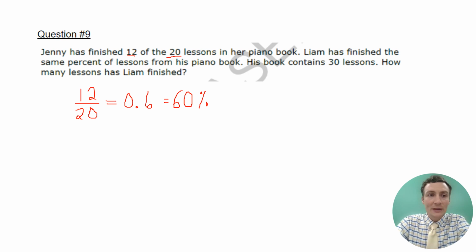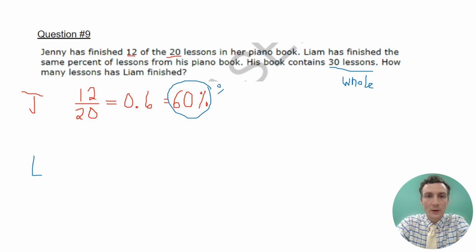So this is for Jenny, right? J for Jenny. And then Liam's is going to be here. I know that he's given the total lessons. This is the total or the whole. All right, that's the whole. And then I actually calculated the value that I need to use for the percent, right? This is my percent for Liam as well. So if I use these values of my whole times my percent, for Liam, I get for the part,